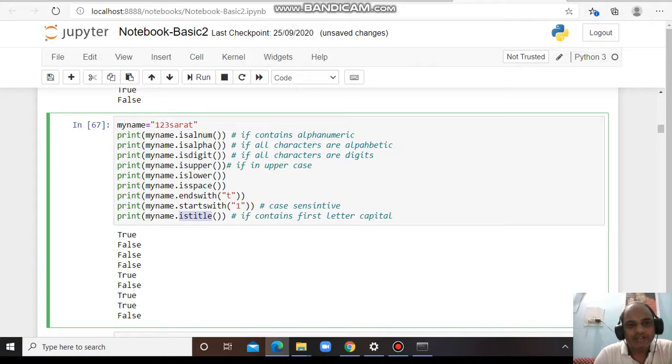And startswith and endswith are very important. For example, if we are searching for a word like an email ID ending with mail, the letter L, then we can use endswith the letter L. And startswith, suppose you are searching for some name starting with R.